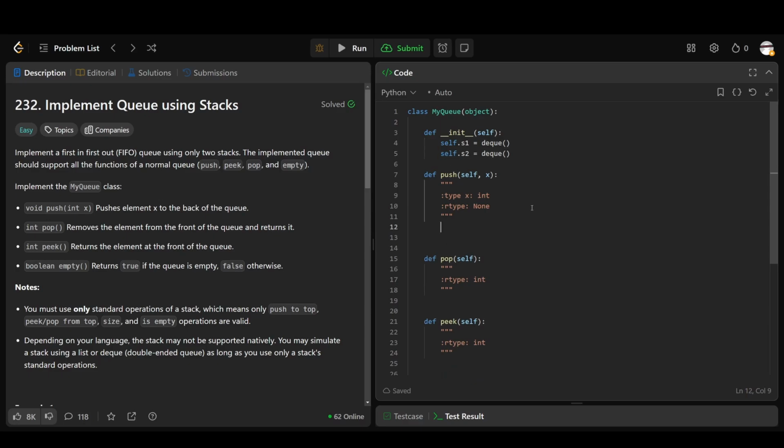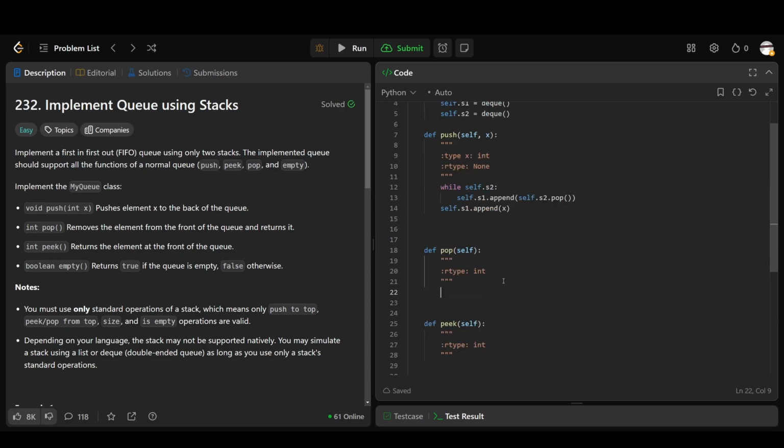So starting off with push, since we're making S1 the pushing stack, we want to check if we're currently using S2, because if we are currently using S2, that's kind of like our popping stack. So we have to move everything from S2 back into S1. So I'm going to say while self.S2, self.S1.append, self.S2.pop. And this works because if S2 is not empty, then that means we're currently using S2, so we just get all the things in there. Otherwise, it's just not going to run this condition, and we're going to end up with an O of 1 time complexity for this, which is just going to be